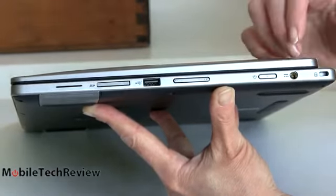Now if we look on the bottom, it's got a soft touch black finish on here, which is pretty nice. Rubber feet, some more ventilation going on, not too much. A lot of torx screws on the bottom here. Now, I was dying to take this apart because this guy should be fairly upgradable on the internals, and I took all the torx screws off, and it felt like something was holding it. I didn't want to tear it apart, so I haven't fully removed it, but